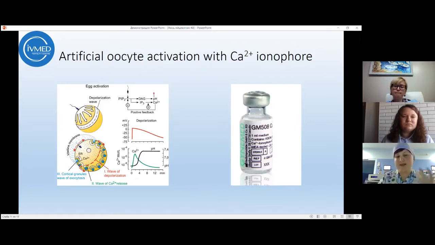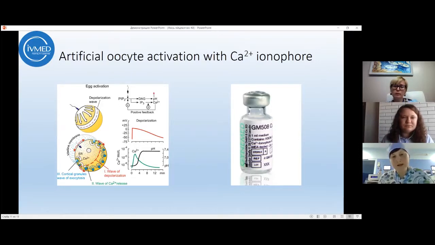for some oocytes this electric signal doesn't even start. The oocyte just, in some way, does not want to make this activation and start embryo development. So exactly after fertilization, we can add some calcium ionophore to artificially activate this egg, and we even have